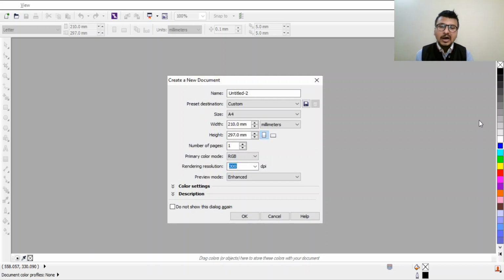The second color scheme is CMYK, that is cyan, magenta, yellow, and black. So these are the four colors which are used in printing technology.